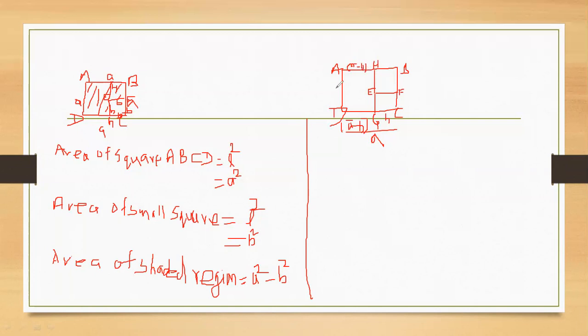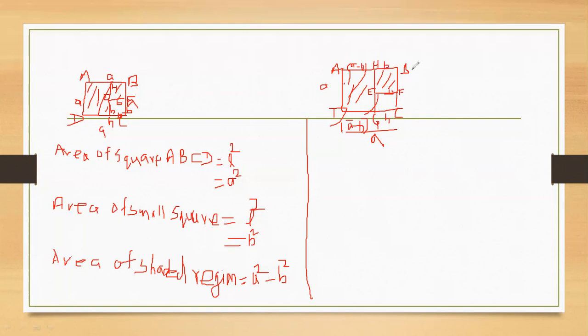This is also A minus B, and this total length is AO. Okay, AO only here, you can see in this figure. Now I am finding the area of this shaded region in a different way. This is the shaded region, okay. This is also shaded region. And this was B. This upper part is also B.